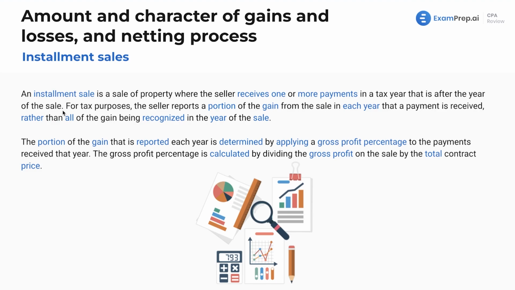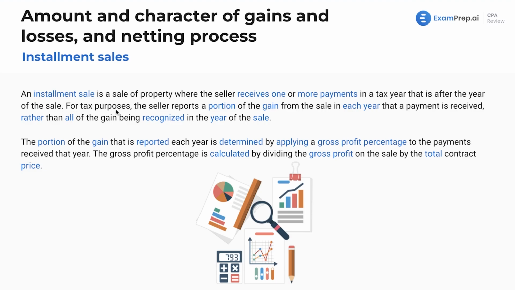Well, if I sell you a TV and you give me cash for it, all in year 4, cool. I recognize that in year 4. Nice, simple, easy, regardless if that's cash basis or accrual. Either way, we're recognizing that as income. But what happens if I sell you the TV and you pay me over the next 4 years in installment